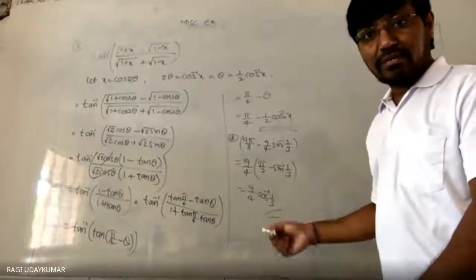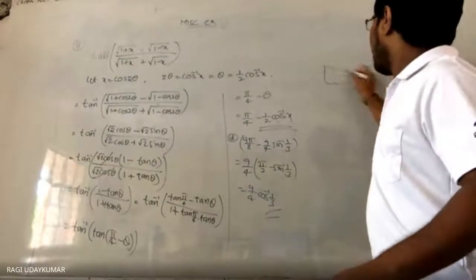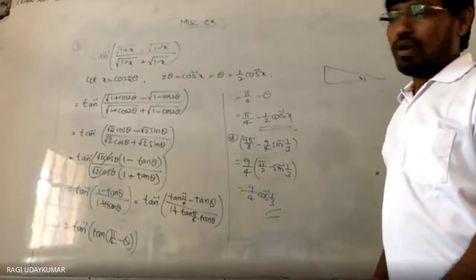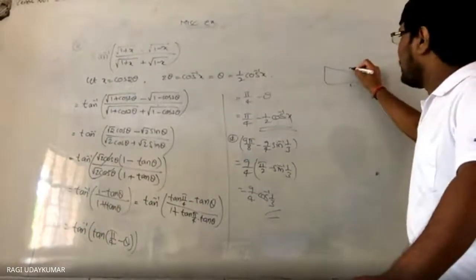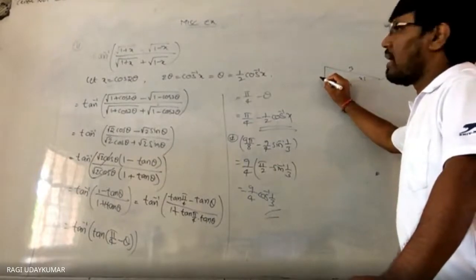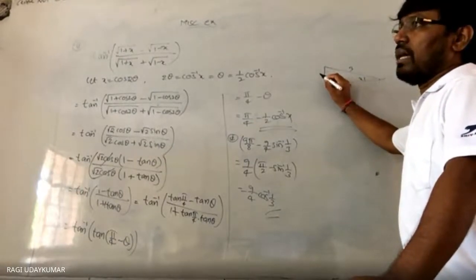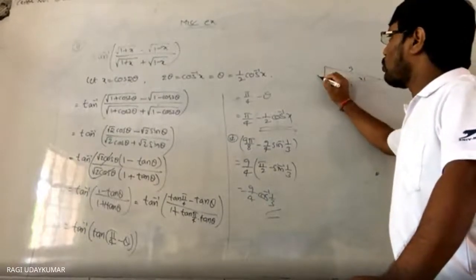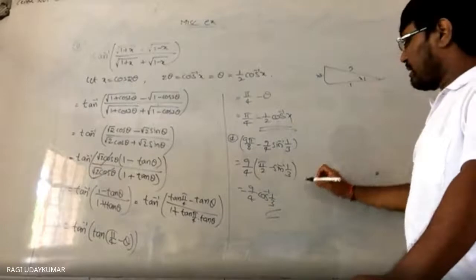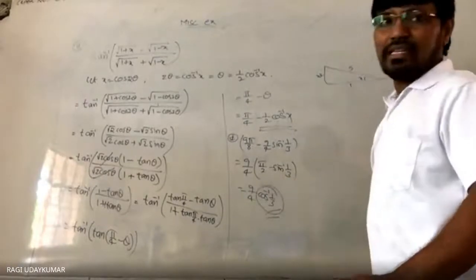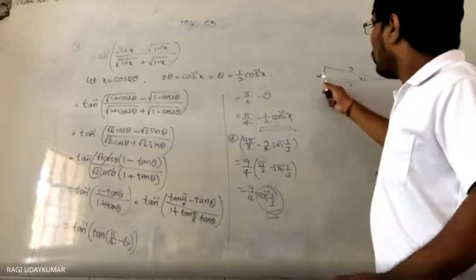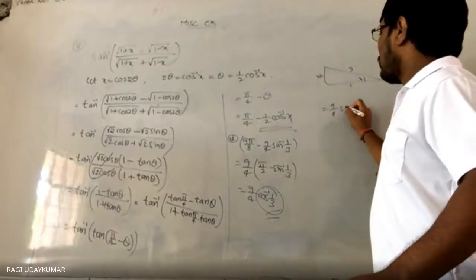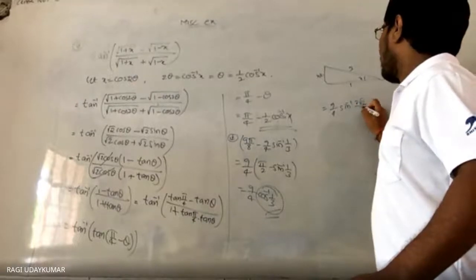Cos inverse, how do we convert into the sin? So this is cos x, suppose. Cos of 1 by 3, this side will be what? Under root of 8. Root 8 you write as 2 root 2. So what do you get here? Cos inverse 1 by 3 is equal to sin inverse of 2 root 2 by 3. So this is equal to 9 by 4 of sin inverse 2 root 2 by 3.